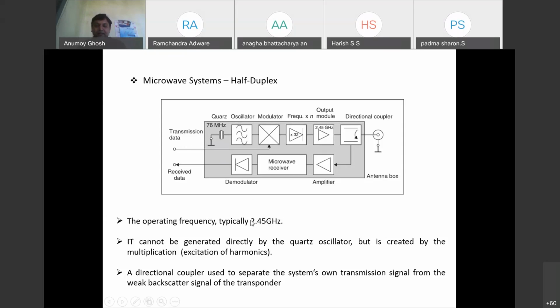You will not get any such kind of quartz oscillator in the market. So suppose you are using a 76 megahertz quartz oscillator, and then when the data is modulated with this frequency, here we in general use a QPSK modulator, because as I've told you, microwave RFID tags work in the far field region. So as the distance between the tag and the reader increases in the far field region,